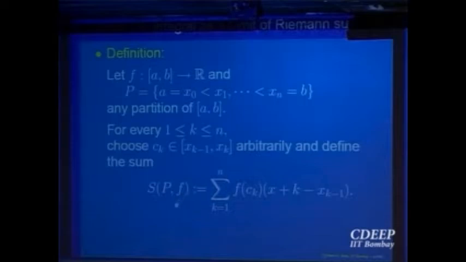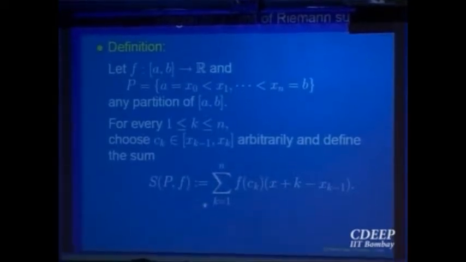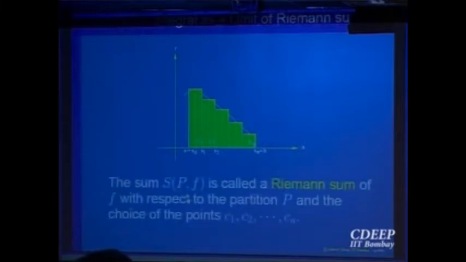And this sum obviously lies between the upper and the lower because you are just looking at the value at a point. Look at the length of the interval, xk minus 1, and the value of the function. So this is what we are doing. So this is the partition. In each, pick up any random point, whichever you like, look at that height, look at that rectangle, add up the areas of these rectangles, and that sum will again approximate the area below the curve, and that is given the name S(P, f). So that is called the Riemann sum with respect to the partition.